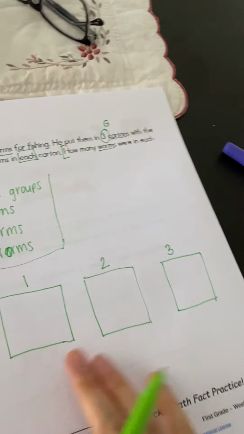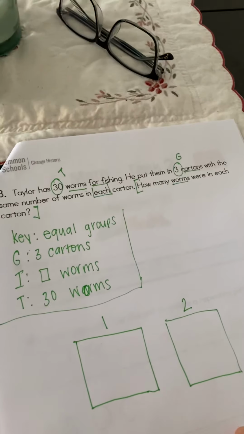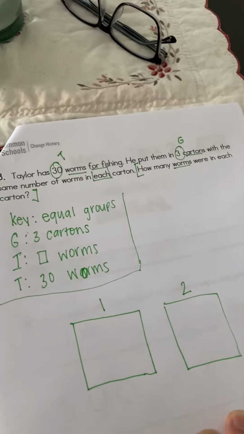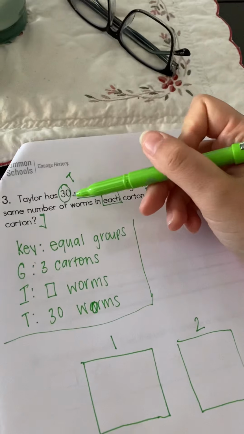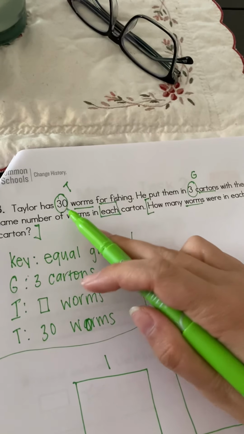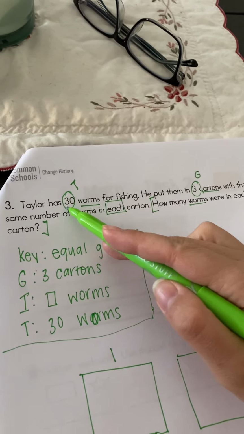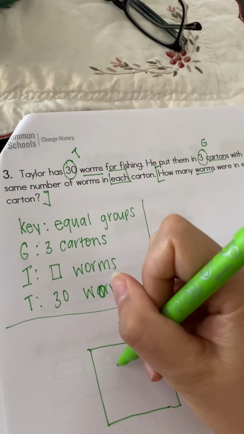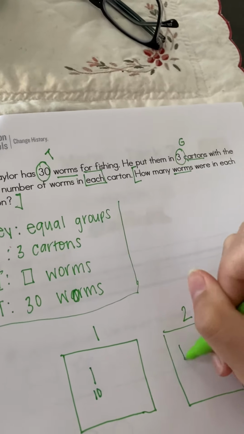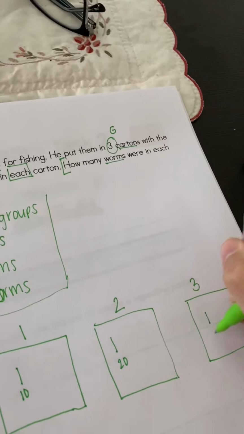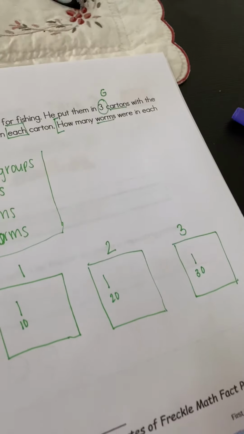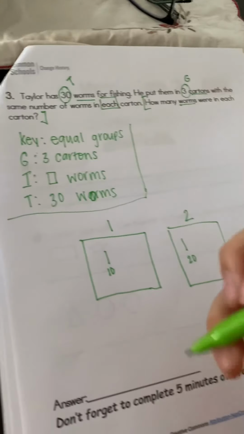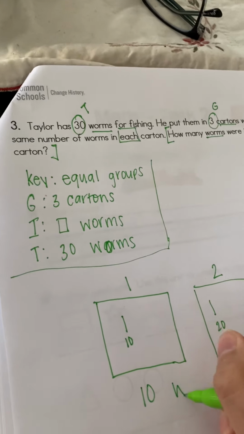For this type of story problem, I told this to another parent the other day, I would just have them draw or disperse the worms by tens, because they know that is an even 10. So they can just go, okay, there's 10 here, 20, 30. So that evenly dispersed. So that means that there are 10 worms